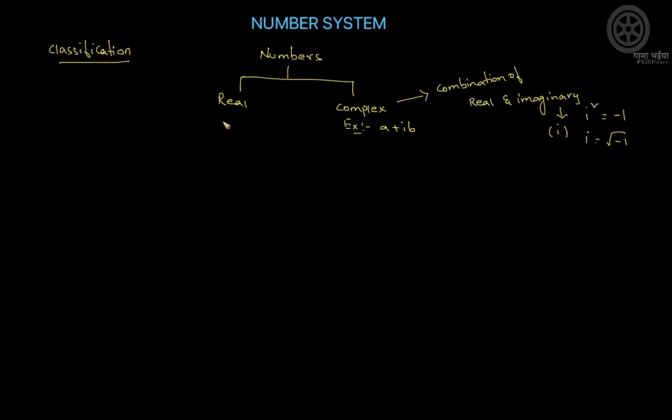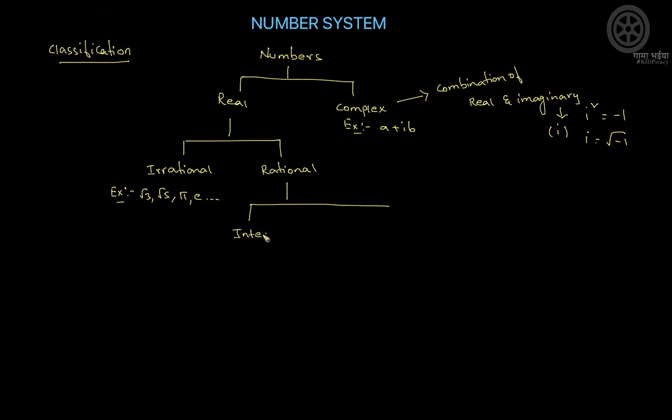Coming to the real numbers. Real numbers are further divided into two parts, irrational and rational. It is divided into rational numbers and irrational numbers. What are irrational numbers? Root 3, root 5, these types of numbers we call irrational numbers. Pi, e, etc. Right? Again, the rational numbers are divided into